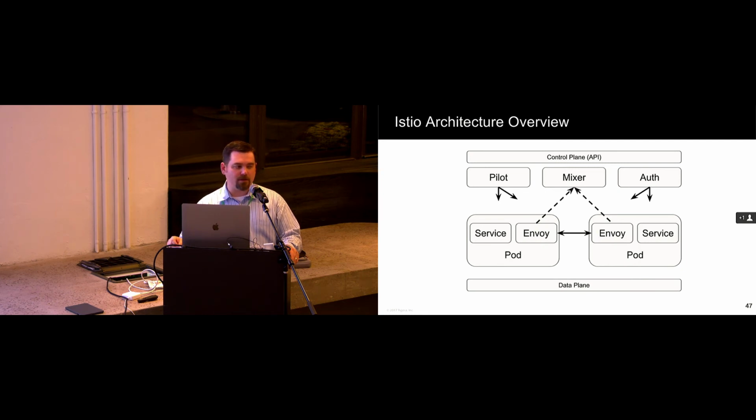So if there are things that I want to do, like make policy decisions, or record information about a request for later consumption, such as logging or tracing, or if I want to compute some other value that's going to be used to determine routing, etc., all of this is handled by the Mixer. The Mixer is very pluggable, and it has a mechanism to share data very easily between those plugins so that components can collaborate or be chained together to make decisions about routing, policy, recording of information, etc.